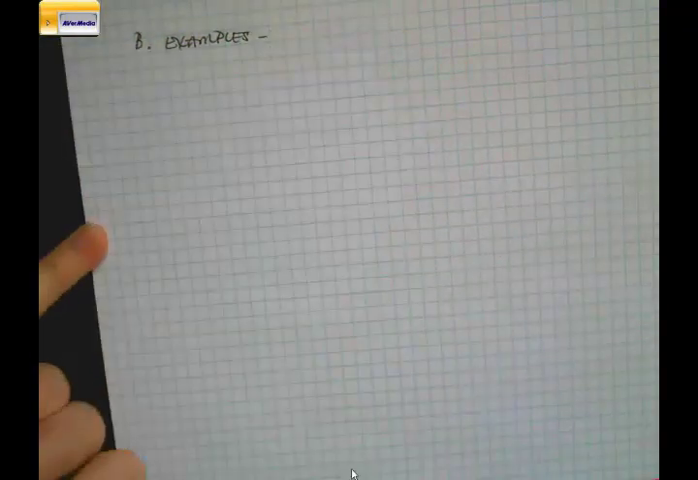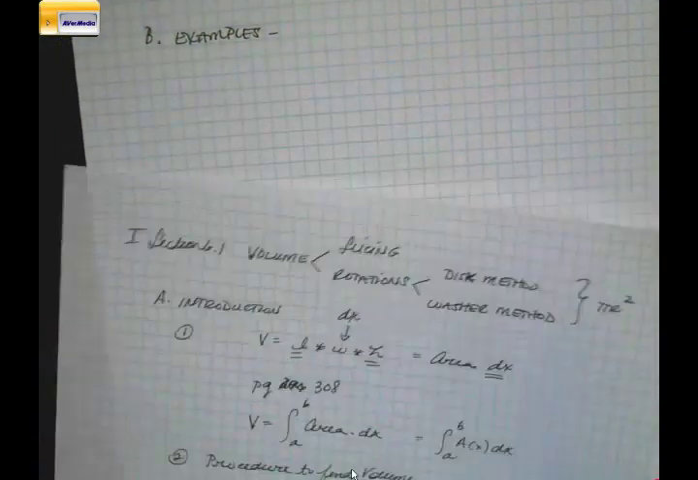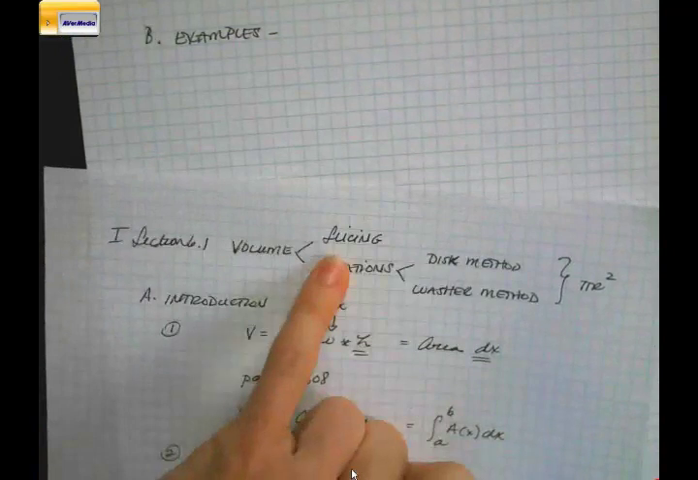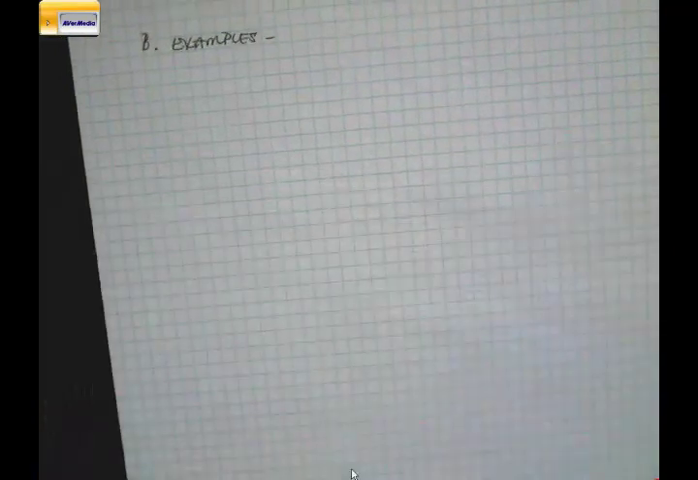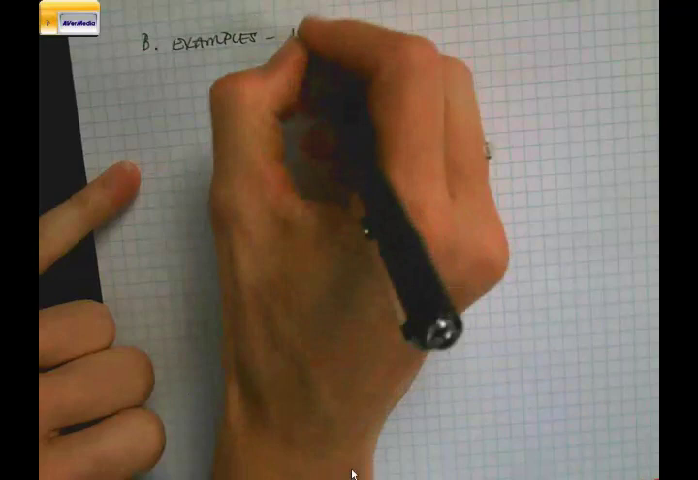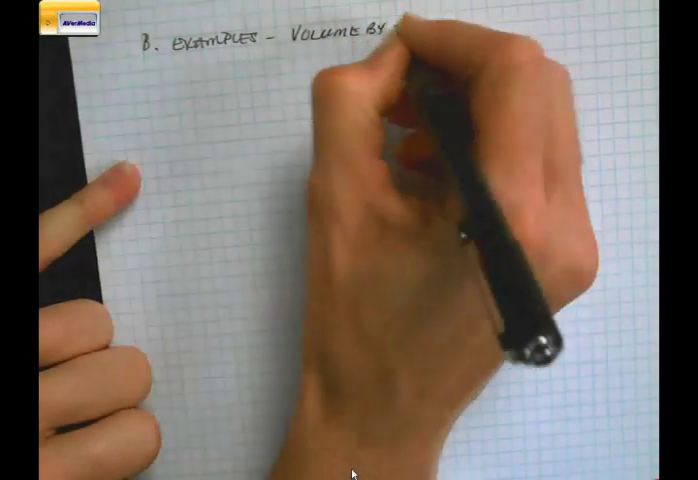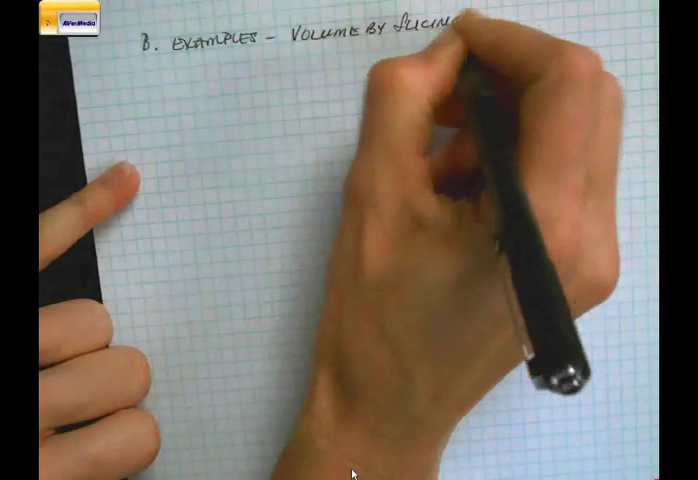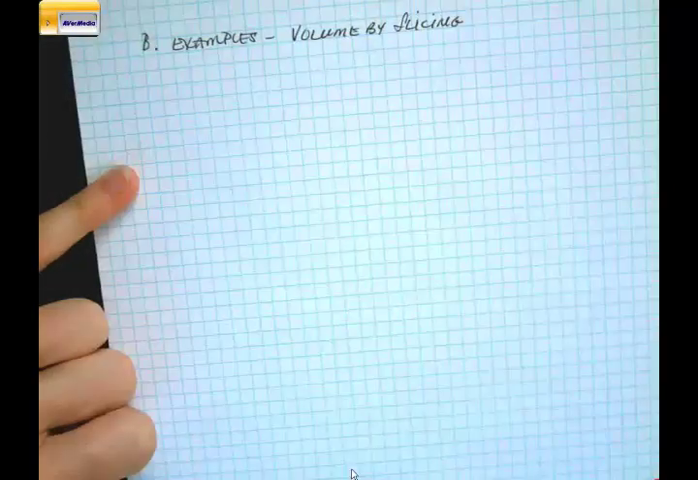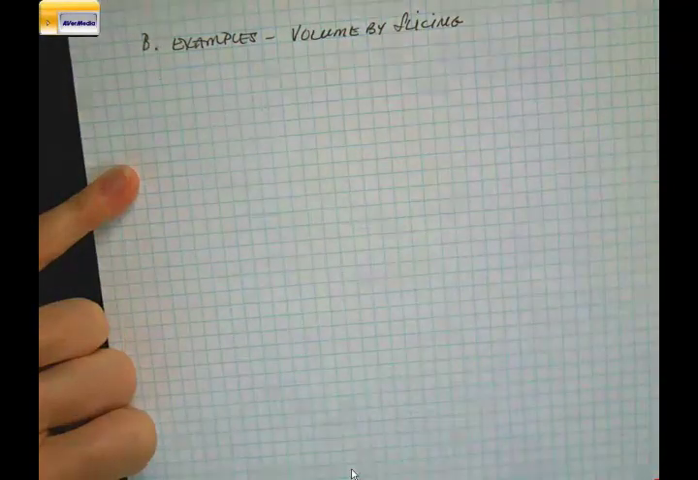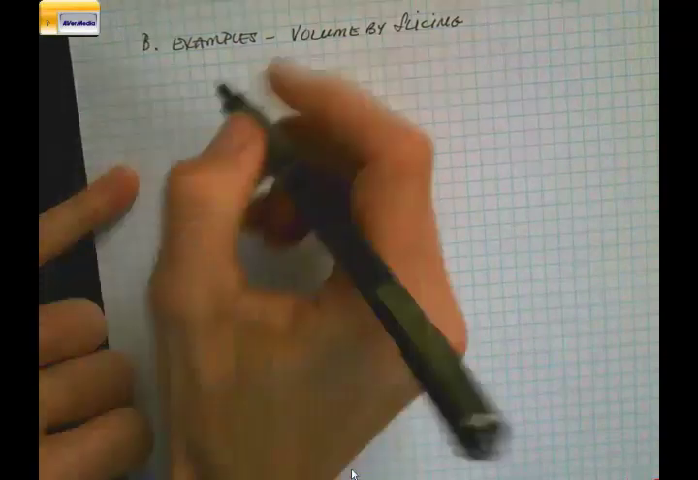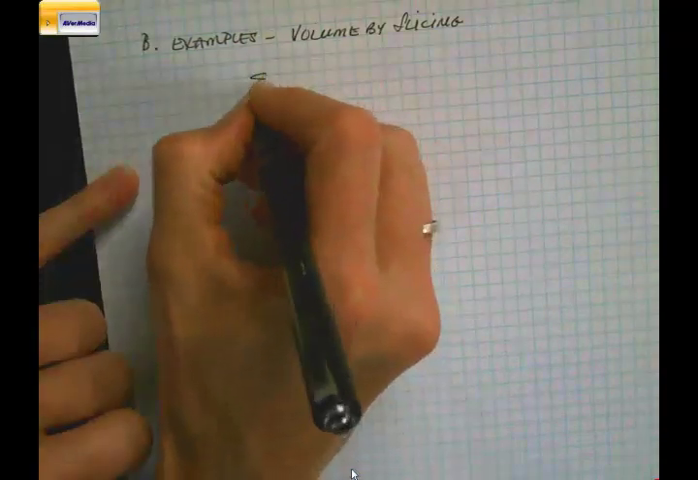So the first thing we want to talk about in this section, if you again look at the title, is to find volume by slicing. So this is what we're going to look at right now, is to find volume by slicing. Okay, volume by slicing. So to find the volume by slicing, again, remember, we're really looking for the sum of